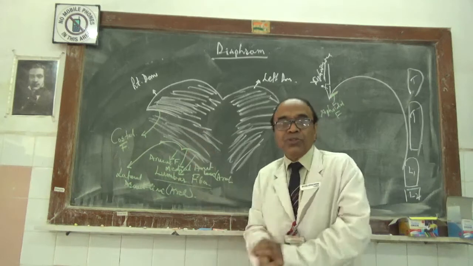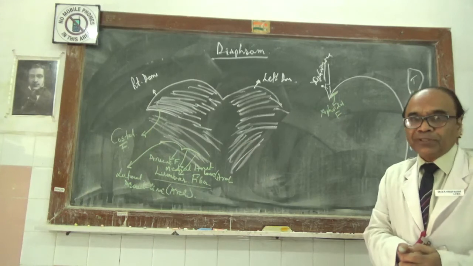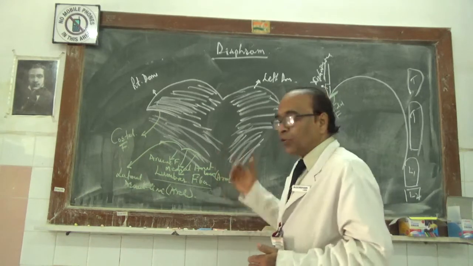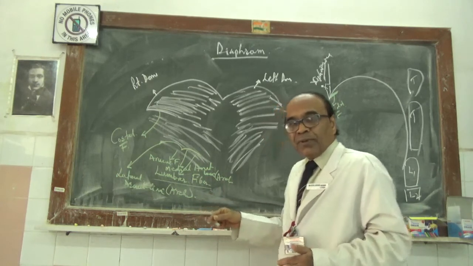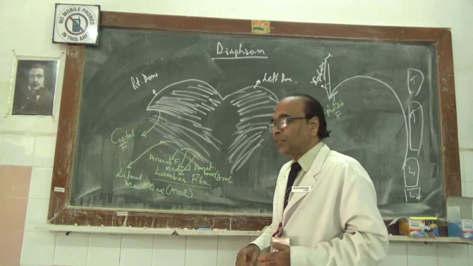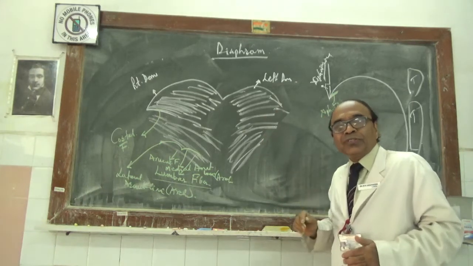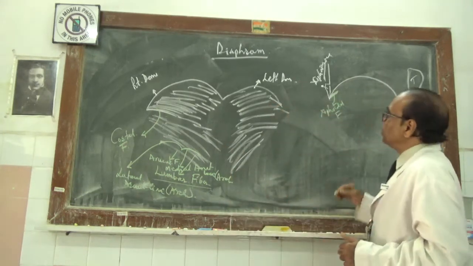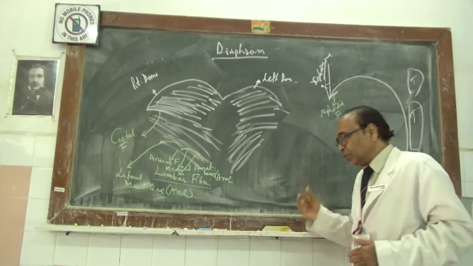Few fibers take origin from those medial and lateral arcuate lines. Those are called the arcuate fibers. Lumbar fibers run straight upwards from the body portions, and then join the remaining fibers such as the medial and lateral arcuate fibers as well as the costal fibers, and in the long run join indirectly the xiphoidal fibers. Xiphoidal fibers may be said to be sternal fibers because the xiphoid is a part of the sternum.